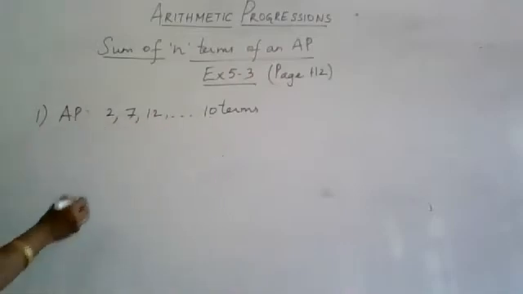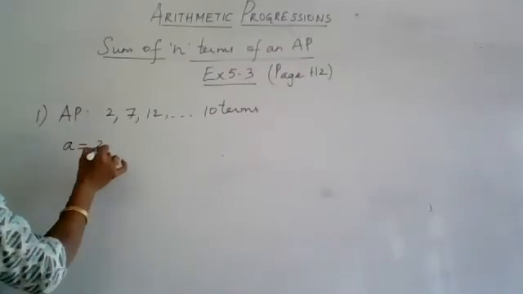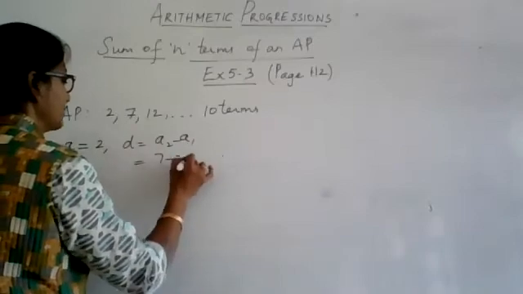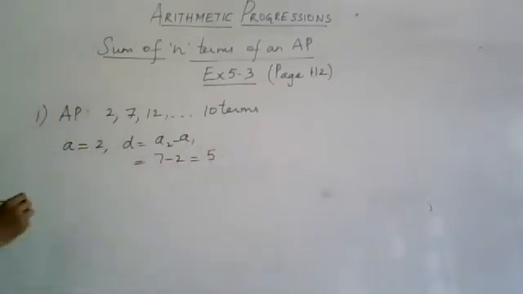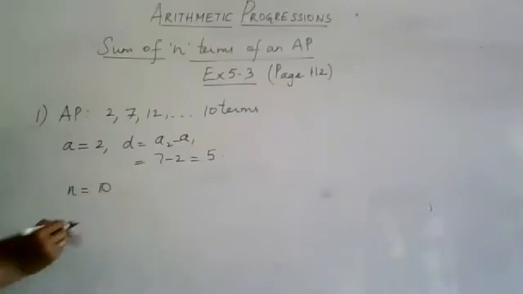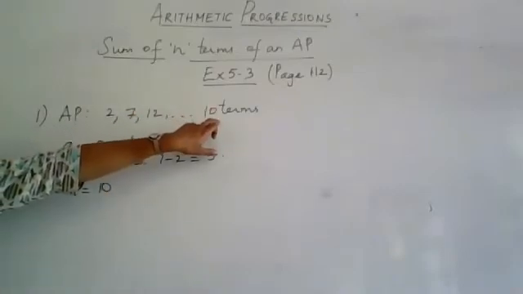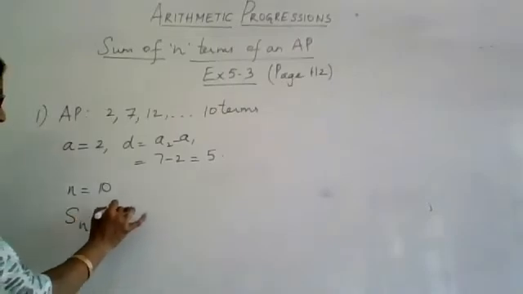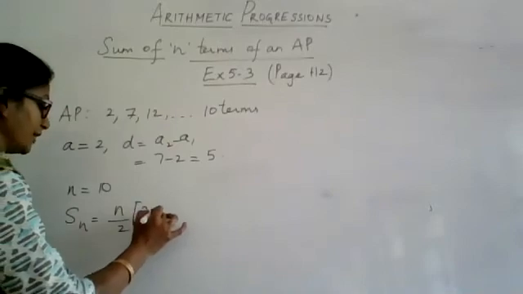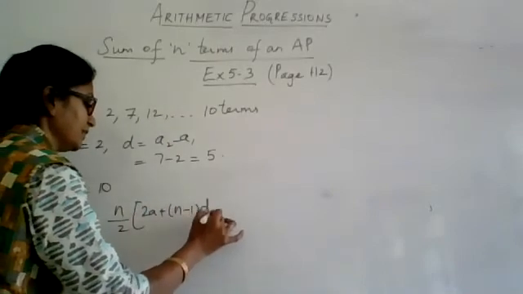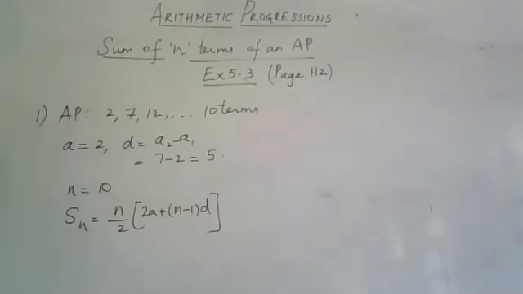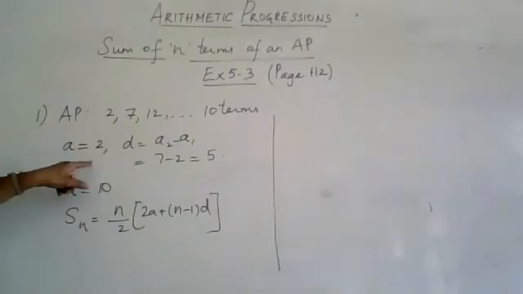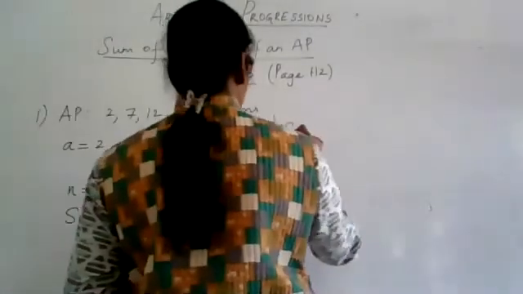So it's a very simple problem where you have to add all the first 10 terms of the given AP. Once the AP is given, it is very clear that I have the a and I have the common difference, which is a2 minus a1, which is 7 minus 2, which is 5. And I know my n is 10. Why? Because I have to add the first 10 terms of the AP. So what is the sum? It is n by 2 times 2a plus n minus 1 times d. Do I have all the variables that I need in the formula? n is there, a is there, d is there. So it is a direct substitution in the formula.